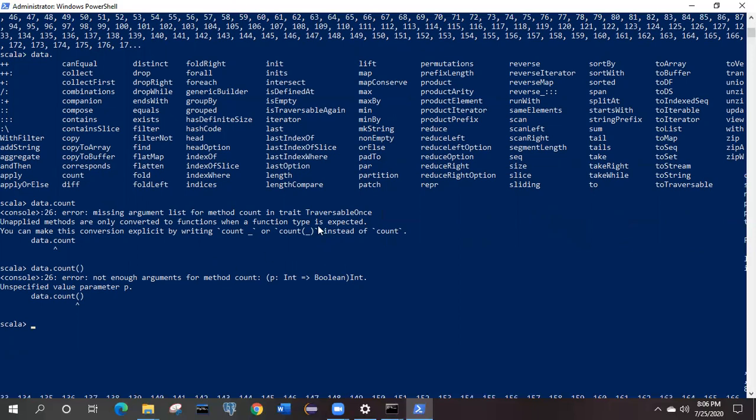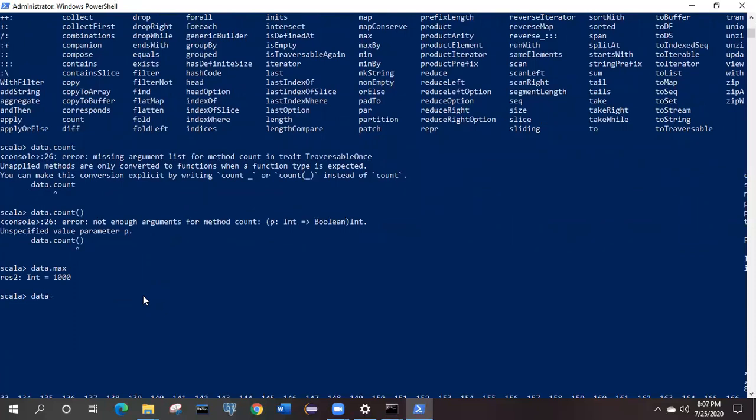Before proceeding further, we will try to explore some other method and see whether that method is also working or not. So data dot max, we can find the maximum value. Oh, cool, so max is working. And if we look at the error for count, it is saying that count should have one integer value here at the comment, which we didn't provide.